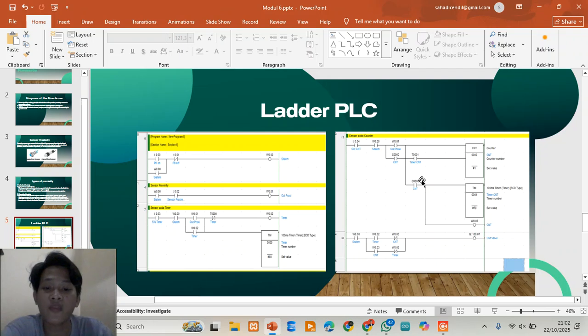Its inputs and outputs play a specific role. The push button starts or stops the process, the sensor provides detection feedback, timers and counters manage the logic flow, and the output valve executes the final mechanical action. This integration shows how electrical control logic directly governs pneumatic motion, forming the basis of modern automation.